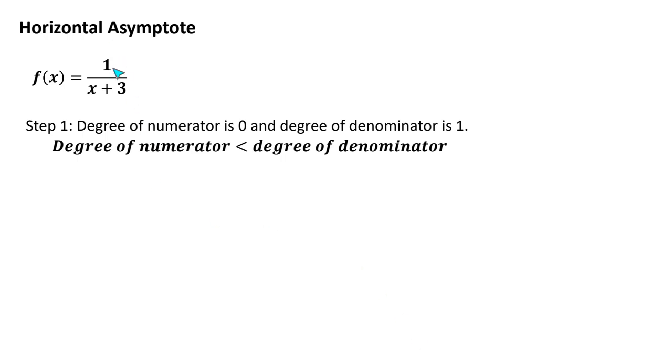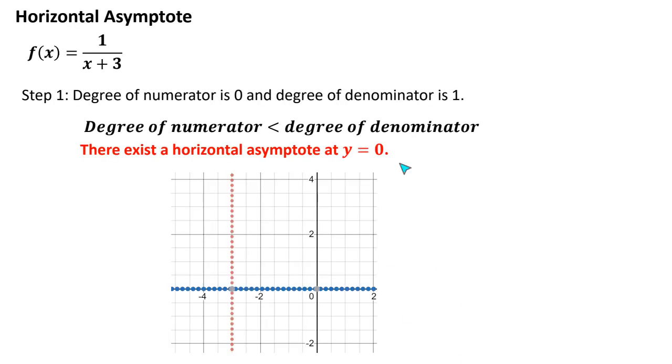So the degree of our numerator is 0 and the degree of our denominator is 1. So the degree of the numerator is less than the degree of the denominator. And so that's going to tell us that y equals 0 is our horizontal asymptote. So far we have our two asymptotes represented with the dotted lines there. And so now if we continue,